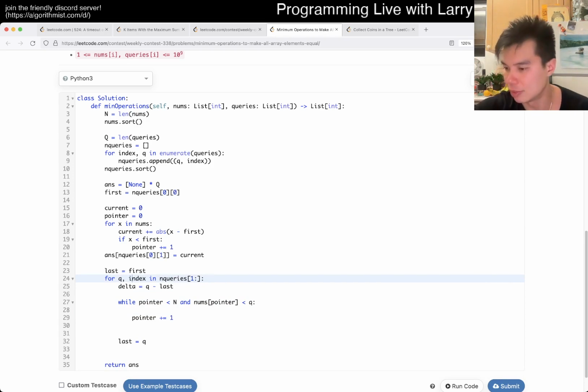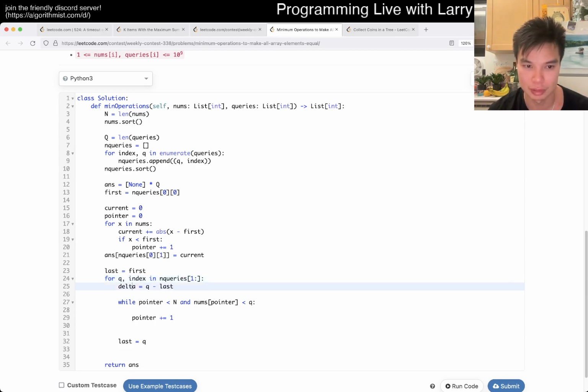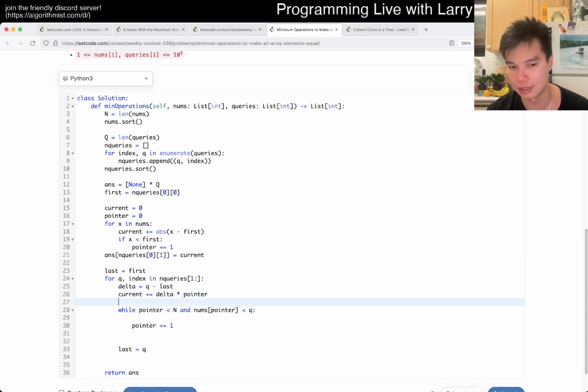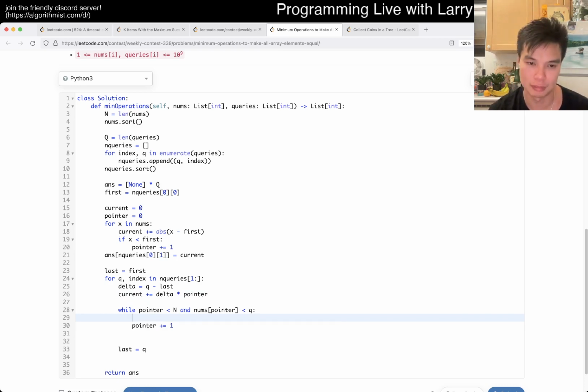And then basically when we're shifting it upwards, what that means is that everything to the left, so something like current times pointer, and then every time that the pointer increments, then nums, last one,